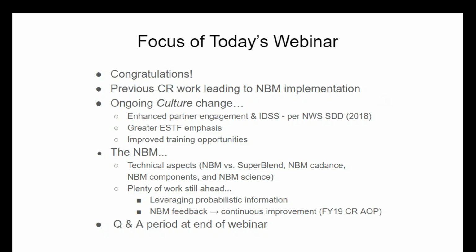With 3.2 this fall, new probabilistic information will be introduced, and that will really explode with NBM 4.0, when a lot more probabilistic information will begin to be delivered. So we've got a lot of work ahead as far as properly leveraging that into our IDSS messaging going forward. Also, in today's presentation, there'll be some word about a feedback opportunity for you to isolate issues that